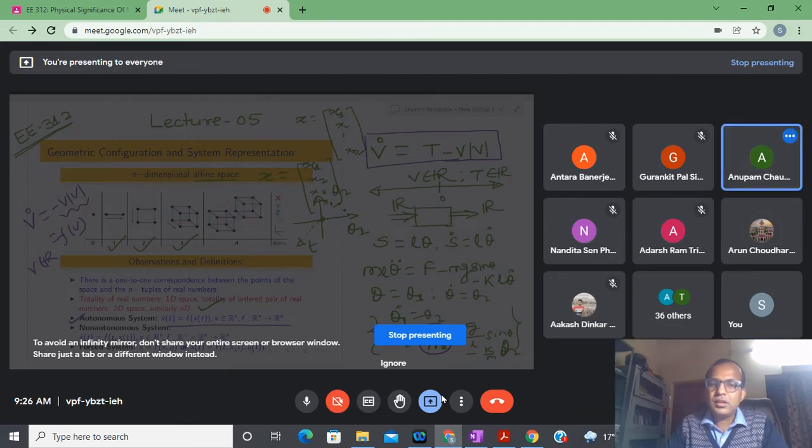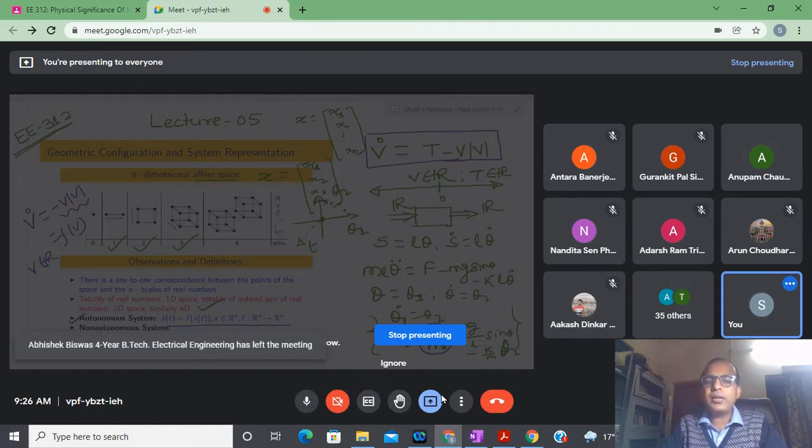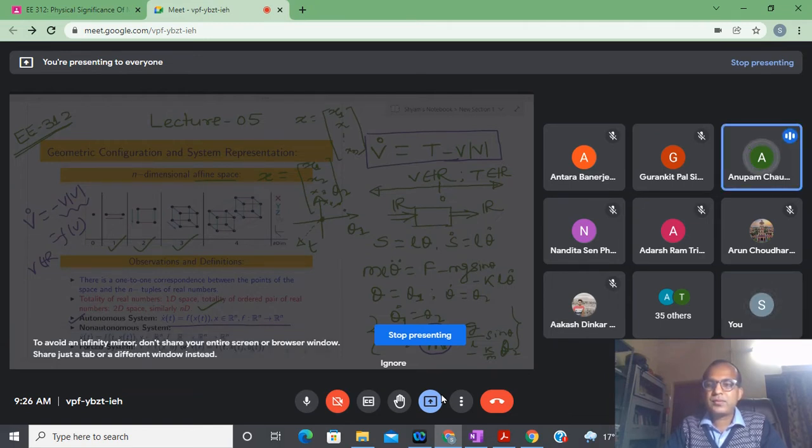Yes, sir. So I have x dot equal to f(x, t), and after that I have picked the pendulum system. Theta 1 dot equal to theta 2, and theta 2 dot equal to some function. After that I want to guess what is x. What do you think? What is x? Sir, I think it's displacement theta. Yeah, displacement theta or something else.